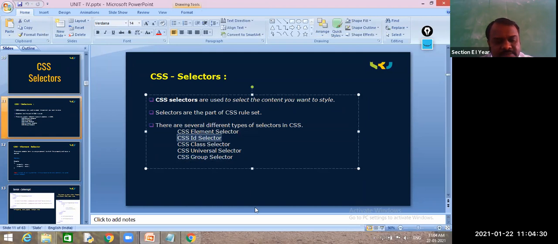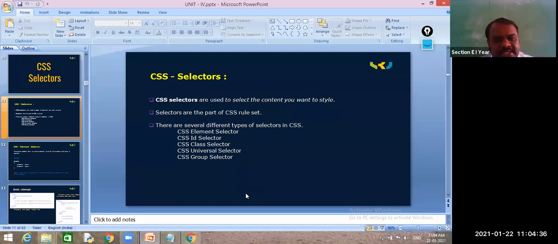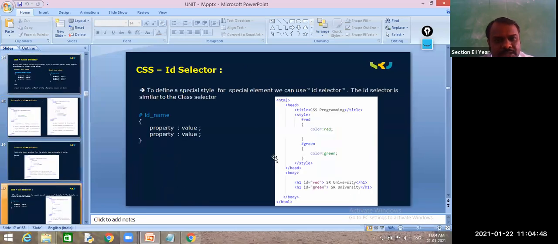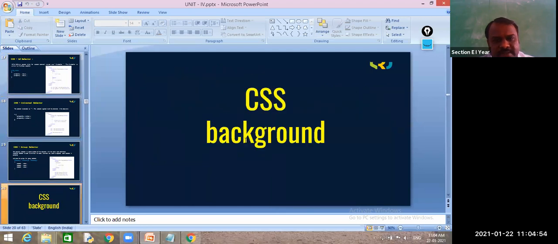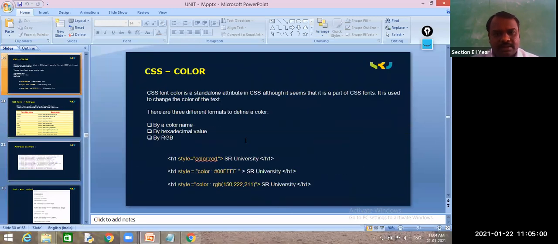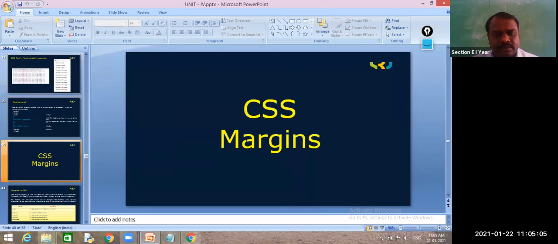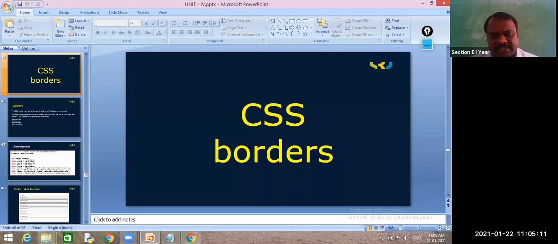And the ID selector is for a unique property; we can give an ID selector only for one element. We need to use these in our coming classes. Background properties, color, font size and font family we have seen in the previous class.